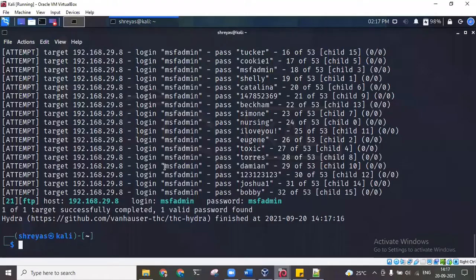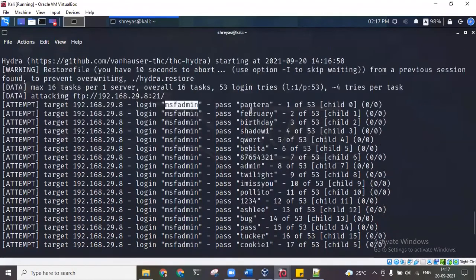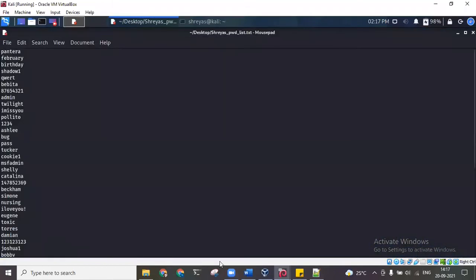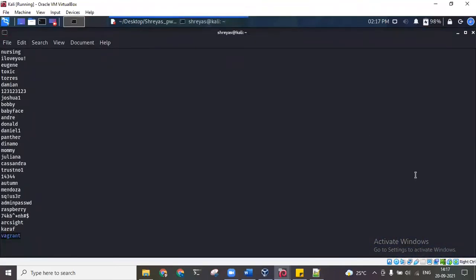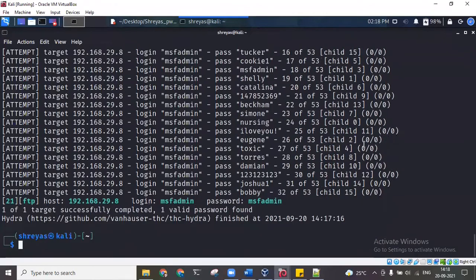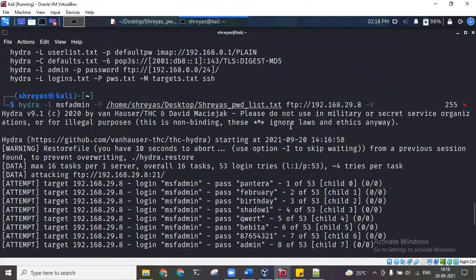So what we can see now is that the login is fixed. The username is fixed, it is msfadmin as specified, but it will try all the possible passwords which we had given in the sheet. I can show you the sheet also, the password list. It starts from Pantera and goes all the way till VAG background. So it starts from there and goes till the end, but it stops the moment it gets the correct password. And why is that? I think I specified somewhere to stop, or is it the last password?